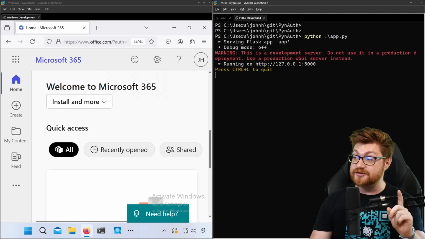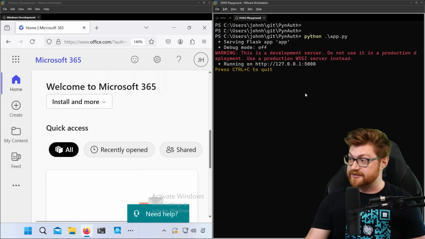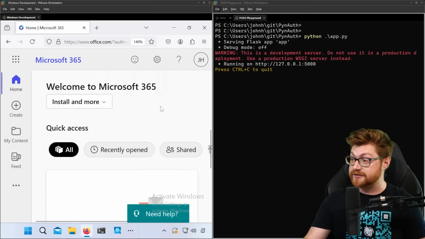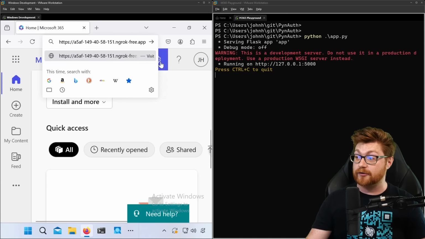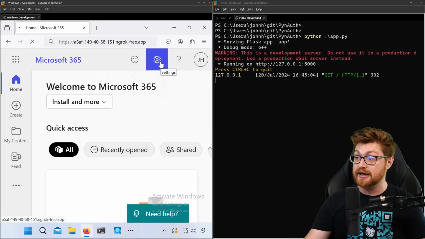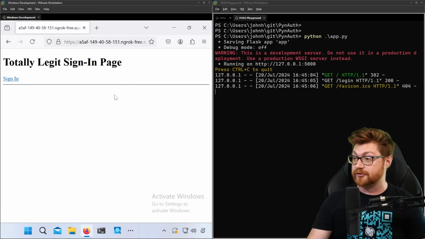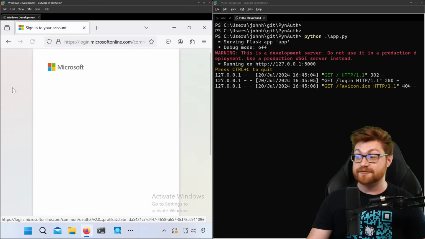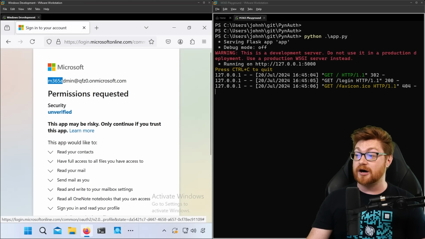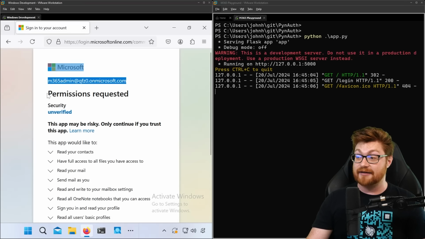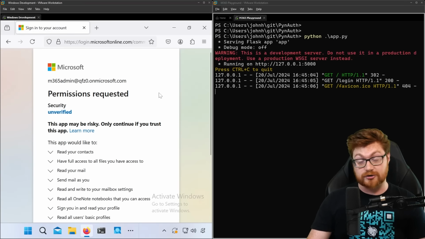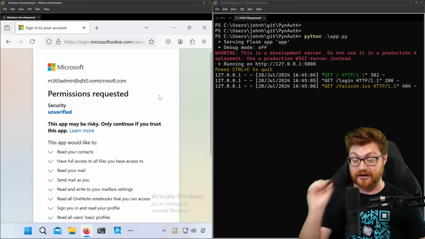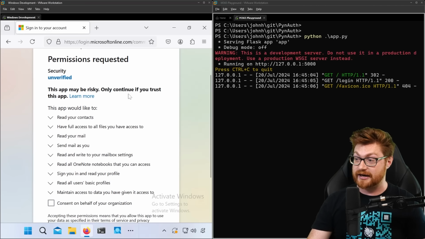But now let me put these side by side the best that I can. Say we have our attacker on the right, our victim on the left, and some way, somehow, they went to this rogue URL. And now you'll see the connections start to come through with our totally legit sign-in page. We'll go ahead and sign in. And fingers crossed, now we'll be seeing our account is going to have some permissions requested. We are trying to grant consent here for this illicit OAuth consent grant attack, unverified app for security, and hey,